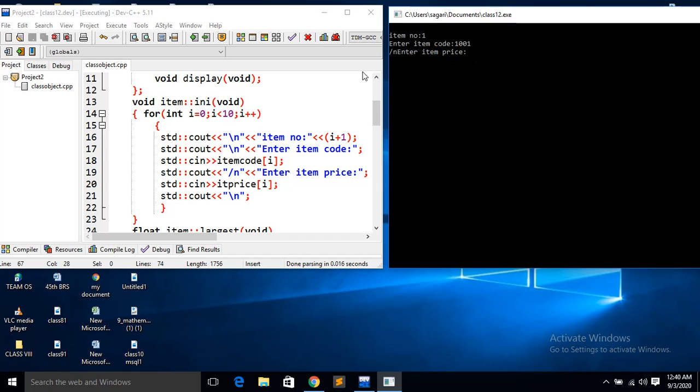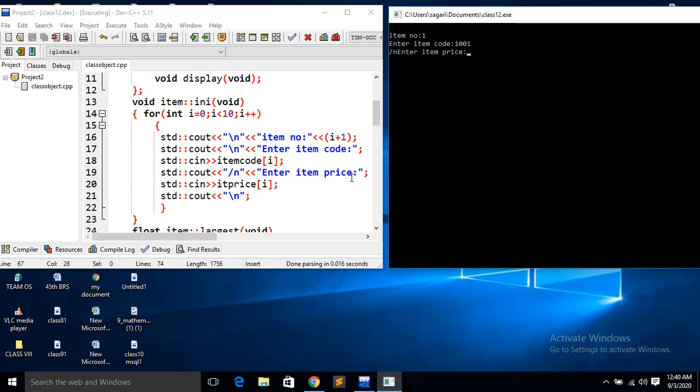Now again you see here, enter item price. I have given the wrong command. Slash in front, actually it should be backslash, so it is being printed out here, no need to worry. Actually that is for new line, meaning the cursor will come to the new line.